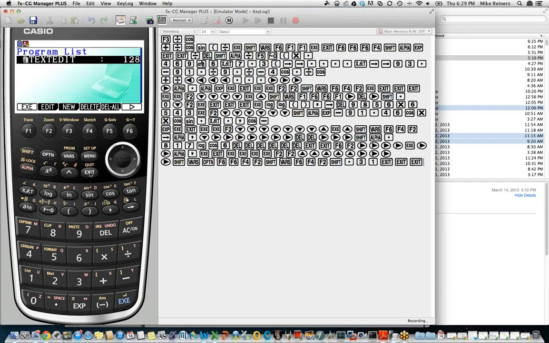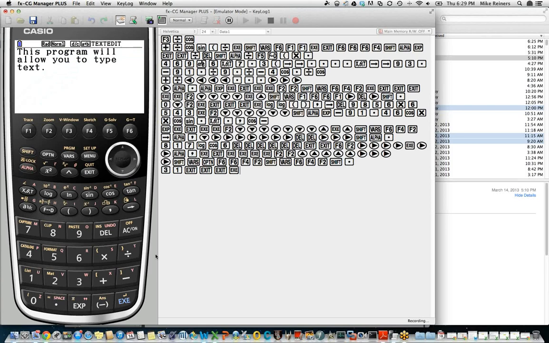Exit out of our program and run it. Ooh. You notice what's happening? Nothing after this text, which is great. We're stuck in a loop. And you know that we're stuck in a loop. The calculator is giving you a clue because it has this little spinning wheel up in the corner indicating it's waiting. The calculator is actually technically working during this time because it's running that loop over and over and over and over, waiting for us to press a key.